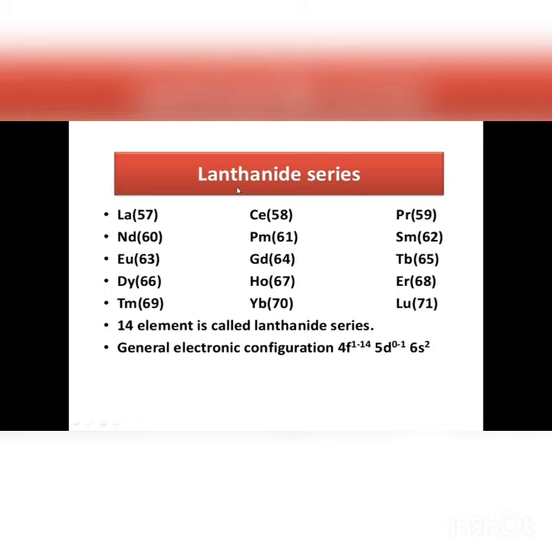So again, if we look at lanthanum, where no 4f electrons are there, even though it is an f-block element, this element contains the d electron also. So according to convention, lanthanum should be included in the d block, but lanthanum shows characteristic properties as those shown by all the other elements, and hence lanthanum shows comparatively similar properties as those exhibited by all other members. Hence later on lanthanum was also included in the lanthanide series. So we can study 15 members in the lanthanide series.